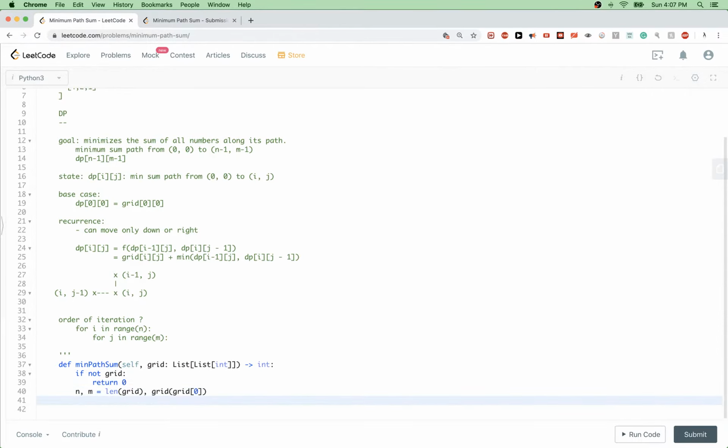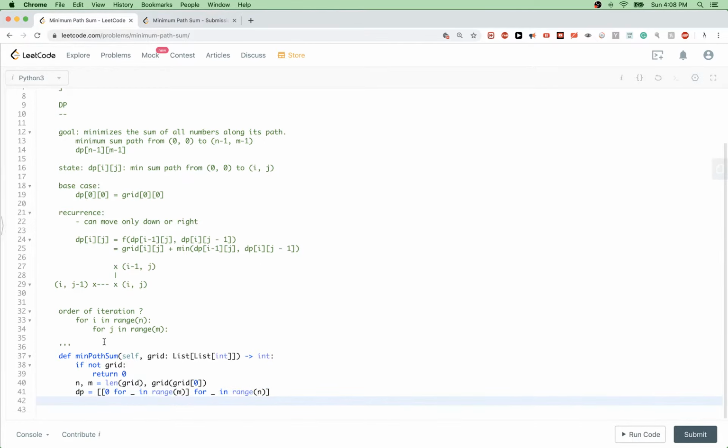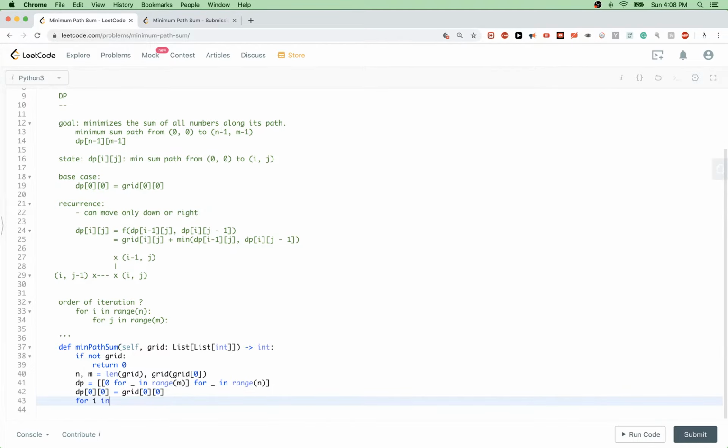And now we need to create our dp array, which just gets filled with 0 first for all values, m for the columns, and we do that for n rows. And now we need to start doing, so we know that dp00, which is the base case, should be initialized to this. And now we need to start our loops,